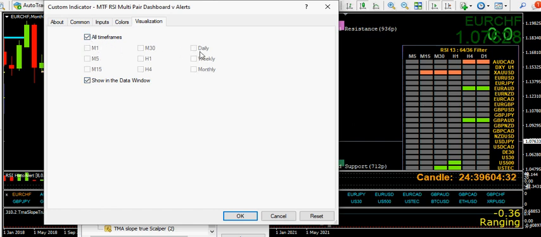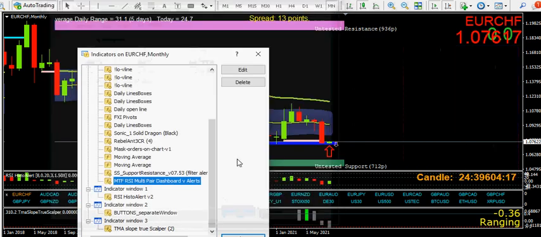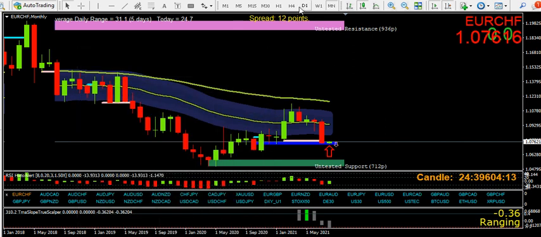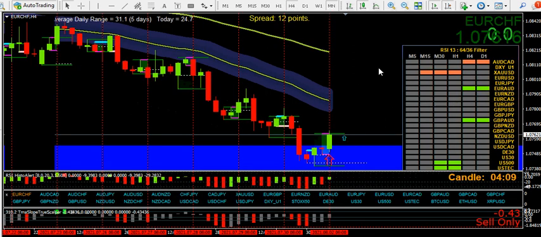In fact, I might as well. So let's put it on everything but the monthly, daily, weekly. And there you are. So you can clean up your charts for the higher time frames, and then if we go down to H4, you should see, hey presto, it's back there. So all of these 3CRs, remember, they don't always look